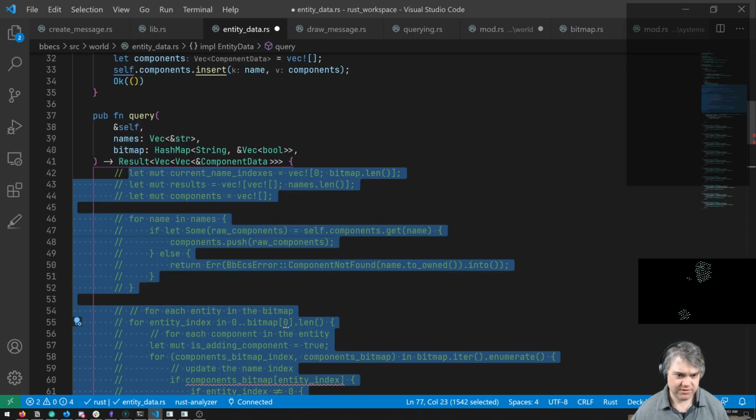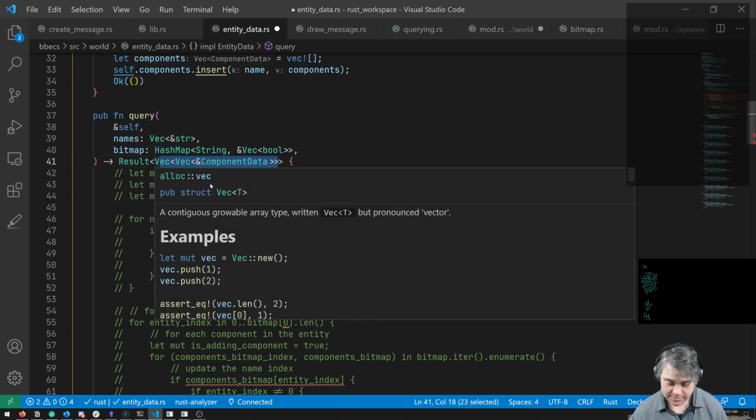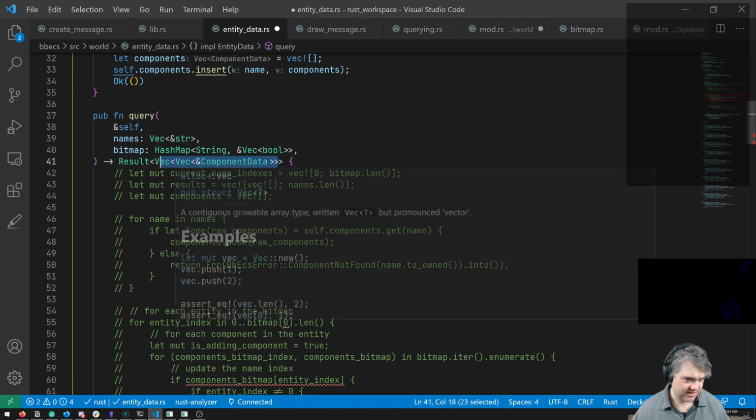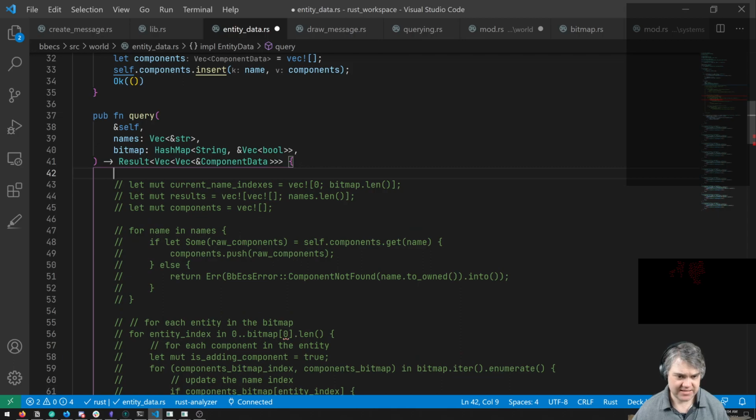Okay, so to begin with, we have a vector of component data. I do wonder if I want to also make this a hash map return. That might be simpler, as opposed to just a vector of the vector of data, because then I can get that out. I don't know if I stick with these.